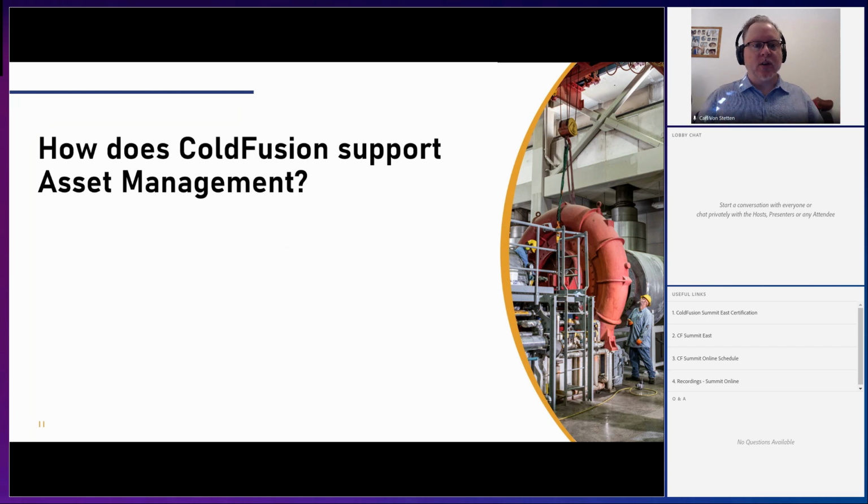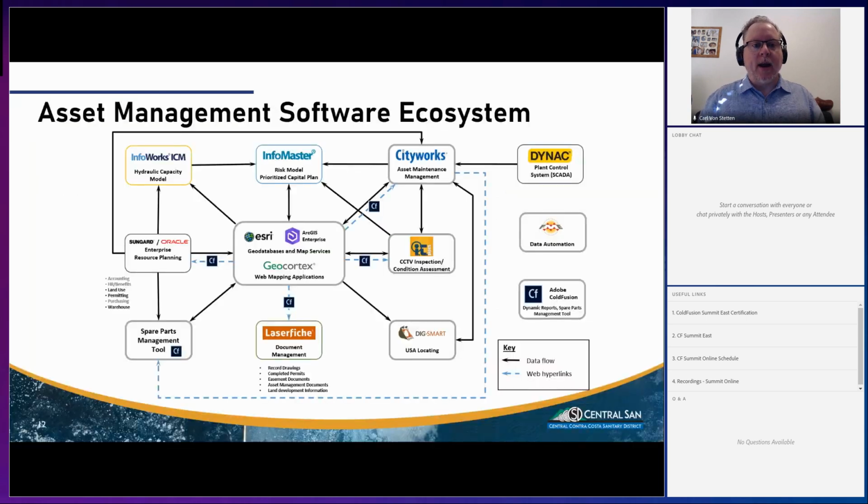So that brings us to the question, how does ColdFusion support asset management at Central SAM? Well, our asset management system is complex. We have a lot of software systems that we use, and this diagram here isn't even everything. It's the major ones that we use for both our O&M operations of our treatment plant and our collection system, but also our permitting with our customers, how they pay when they connect, they pay when they have to make repairs, and we have to inspect their connections to our sewer system. So all of these pieces of software are interrelated, interconnected, and they all serve the overall purpose of our asset